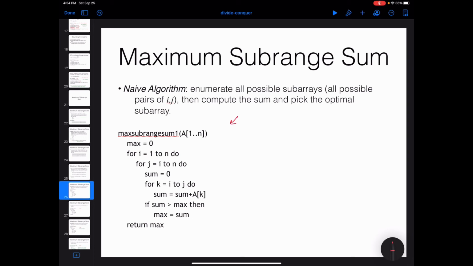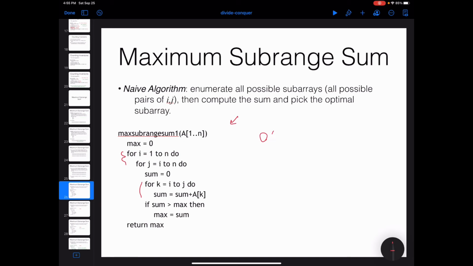You can see that I have 2 nested loops for i and j to check all the possible subarrays, and there is another loop that calculates the summation, and for sure you're going to find the optimal answer using this pseudocode. But is it a good algorithm? It's not. If you think about the problem, you can see that the time complexity for this actual algorithm is going to be